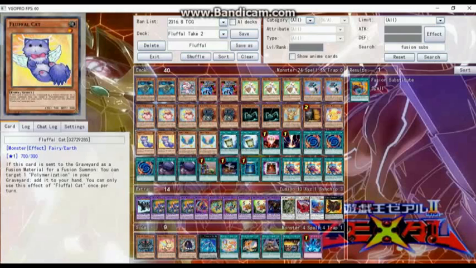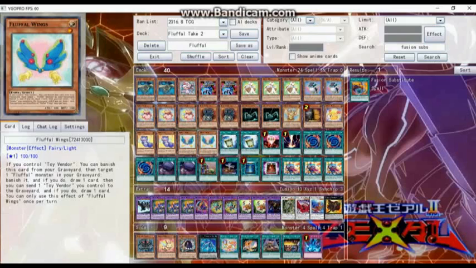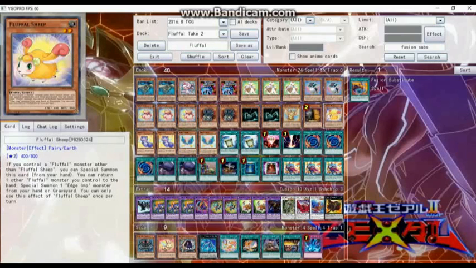Finally, I run 2 copies of Wings because in my experience, 3 copies tends to be inefficient, and running Foolish Burial Goods as a form of Reasoning for this deck limits the availability of toy vendors to use for Wings' combo effect. I run 1 copy of Sheep for both Link summoning Mrs. Radiant